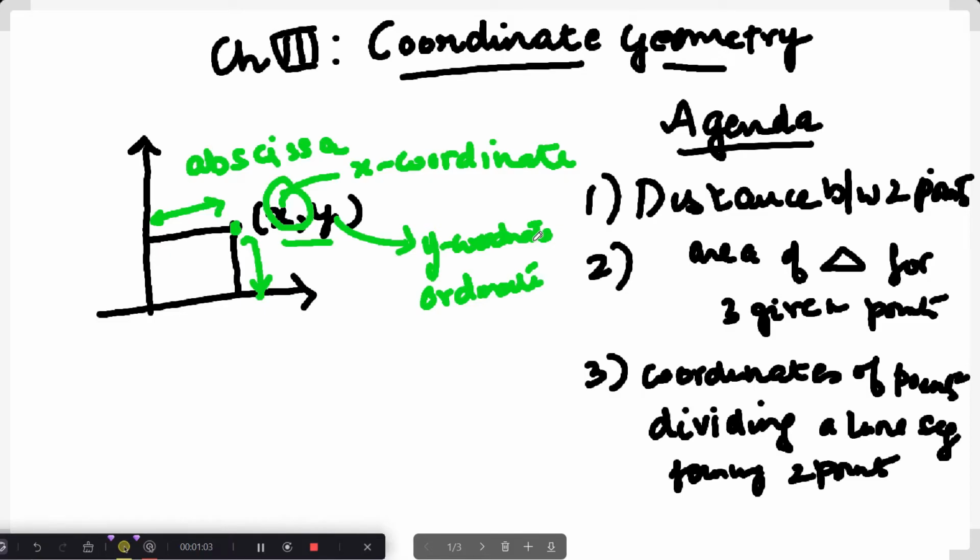We also studied in the previous chapter on polynomials that a linear polynomial y is equal to ax plus b, when we plot it, is a straight line. Then we also saw a quadratic polynomial like ax square plus bx plus c, how it formed a parabola graphically. Whether the parabola is inverted or not, the shape depends on the coefficients a and b. And similarly we also saw it for a cubic polynomial as well.